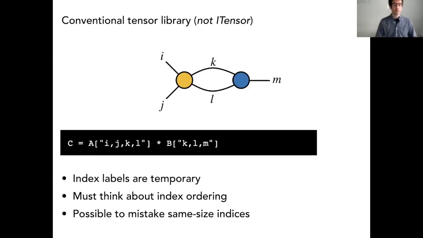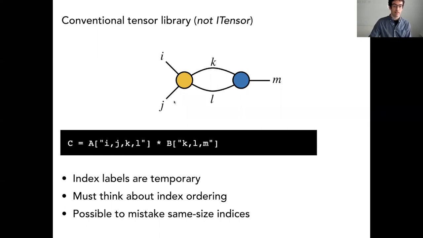So in a conventional tensor library, not iTensor, so if you're using, say, NumPy and einsum, then there's various interfaces, but a very typical one is that you temporarily introduce names of indices, and you are doing this to associate these names to the index ordering that you know. So you know that I is the first one, J is the second one, and K and L, and so on. And then you're just putting these labels in temporarily for the purpose of this one line. And then you're using this Einstein summation to say, well, K appears twice, so that is summed over, and L appears twice, so that's summed over. But this is just a temporary construction, and you have to know the ordering. You can make mistakes doing this. So the idea with iTensor is that these labels aren't temporary, but they're permanent.